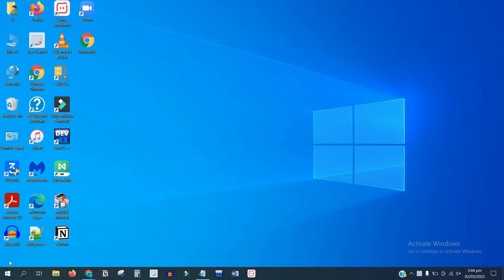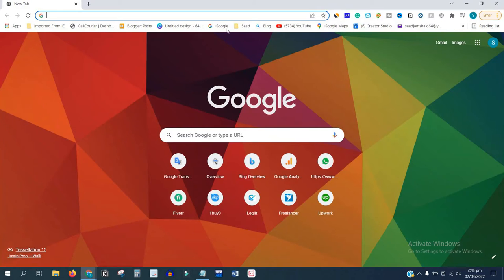In this video I am telling you how to create a Google account in your computer. So guys, this process is simple and it is the same for your mobile. You can use this process on your mobile or your PC. It's your choice. So guys, first of all open your browser, and here you see that this is my account